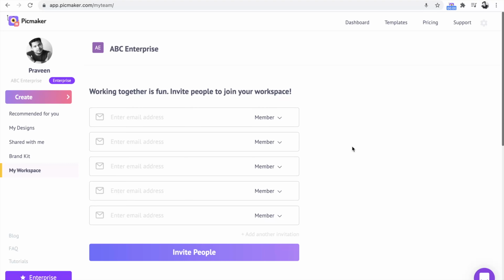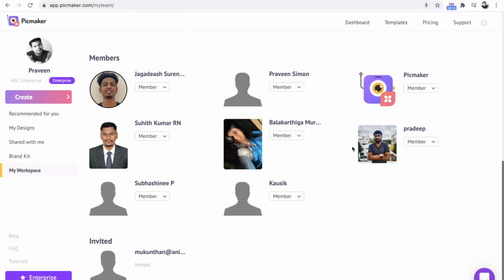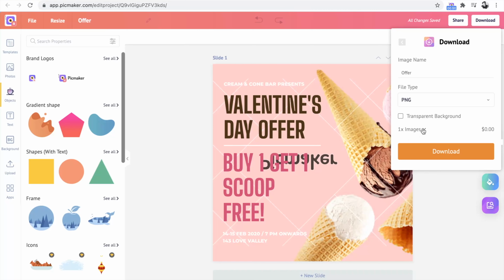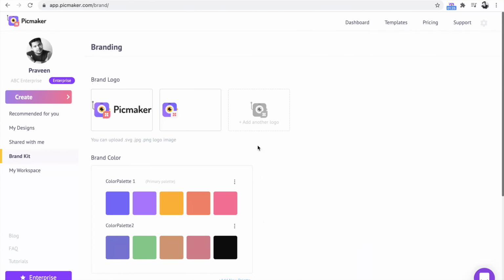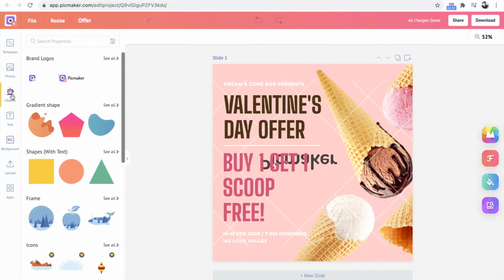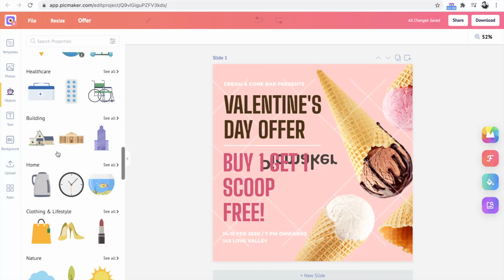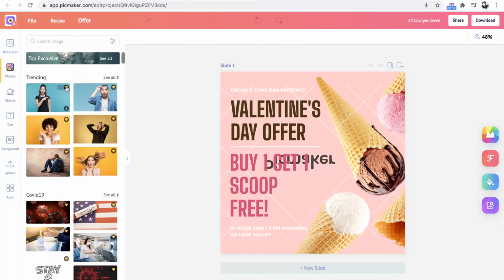That's not all. If you are in Starter or Pro plan and want to invite your team, you need to upgrade their account to Starter or Pro plan to access the workspace. With that, they get access to your components such as premium templates, pictures, brand kits, icons, and objects that are a part of your subscription plan. So your whole team will get the combined benefits of paid features. For instance, you get 50 premium images per month in the Pro plan. After inviting a team member, you both can access the 50 plus 50, which is 100 premium image credits.